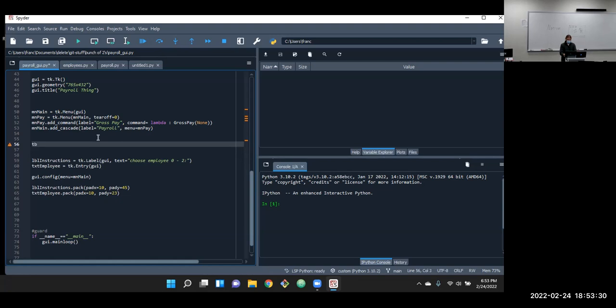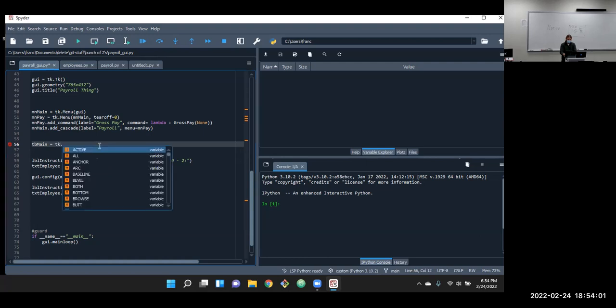So I'll call it TV main. Again, with Hungarian notation, that's the convention I like to use, which is a very common one. Variables get camel case, methods get Pascal case, and anything that shows on the screen gets a prefix on the other end of it. And then we can reuse those useful terms, and it makes it a lot easier to tell at a glance what goes with what, as things get more complicated than what our classroom example is going to be here. So that's going to be a new TK dot frame.